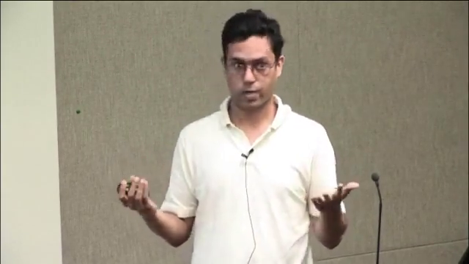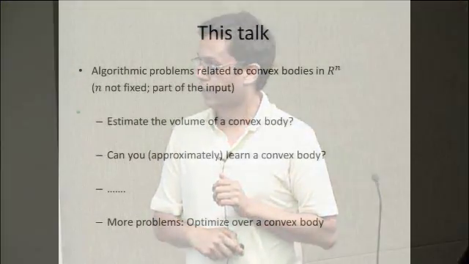But there are also some useful features that we can utilize in high dimensions, like the central limit theorem. And using these features, we can sometimes reduce dimensions. So if you are satisfied with approximation for the nearest neighbor problem, then we can get relatively efficient data structures by reducing the dimensions. But today I'm going to talk about some problems that involve convex bodies.